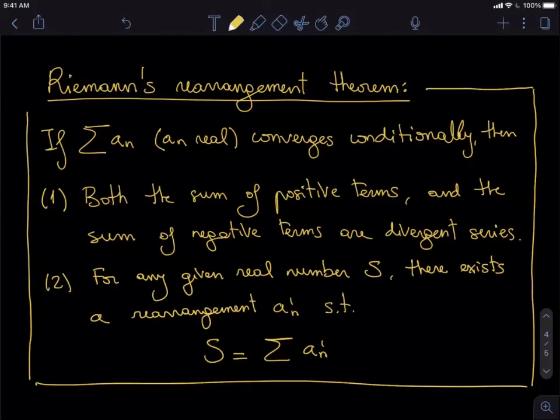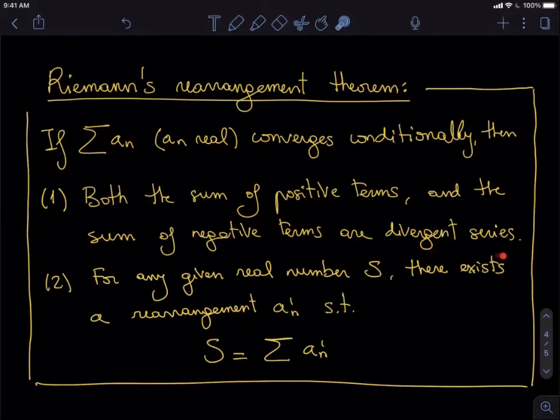Let us discuss now Riemann's rearrangement theorem. This one is an interesting theorem because, if you remember from a previous video, we saw that whenever a real series converges conditionally, rearranging the terms could give unexpected consequences. And what Riemann realized was that the problem was that for a conditionally convergent series, we have